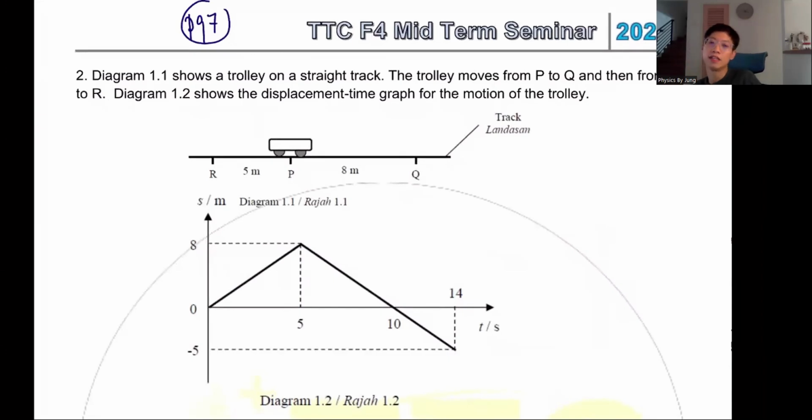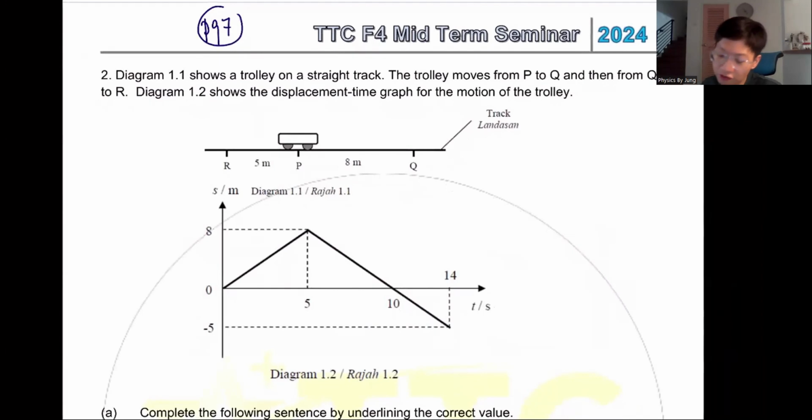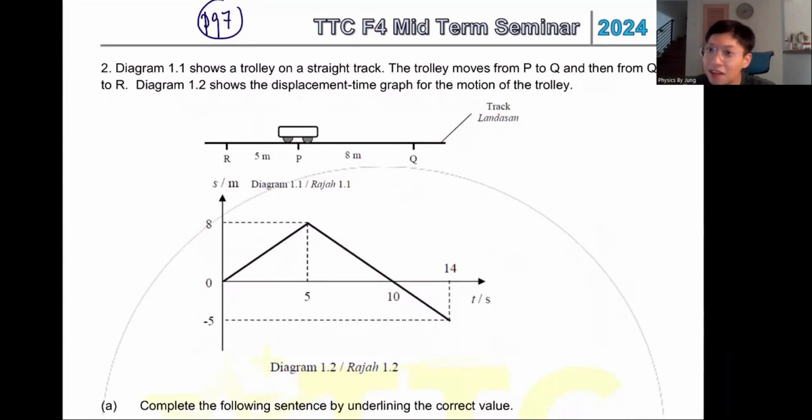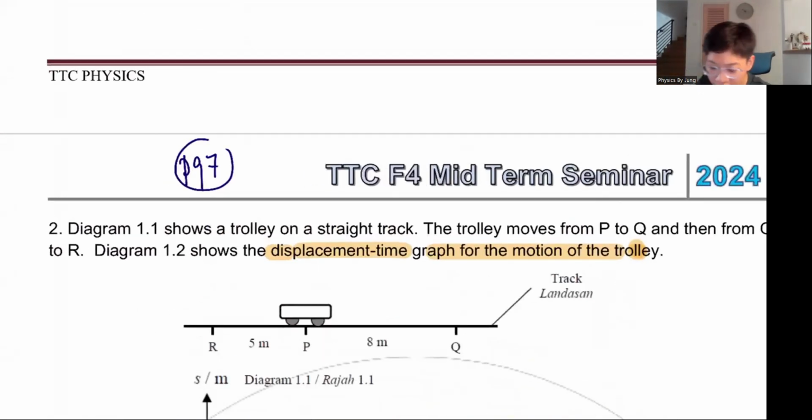Okay, this is a displacement graph. Why I want to do the displacement graph is because in their exam, a displacement graph came out and they didn't know how to do it, guys. I almost had a heart attack. I want everybody to join me and do this question right now. Put down everything and look at this question with me. So this is a displacement-time graph. In the exam, we have a few graphs, including the displacement-time graph, which is called the ST graph.